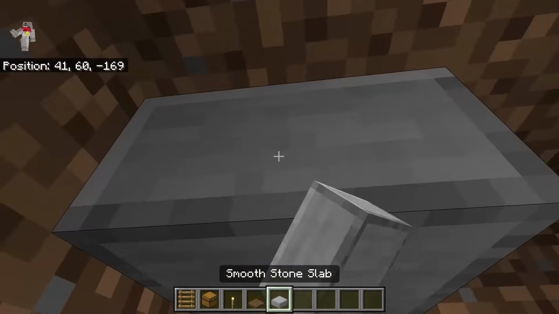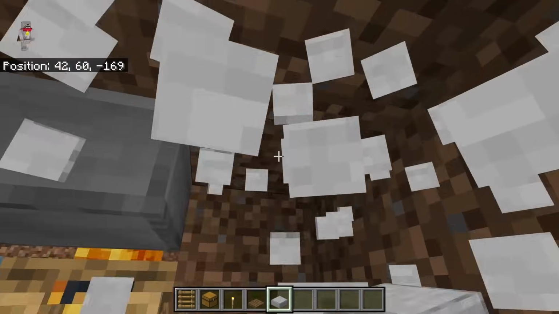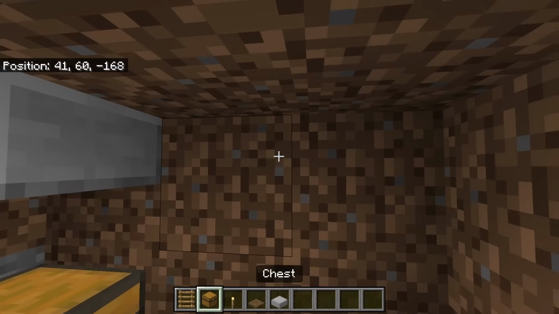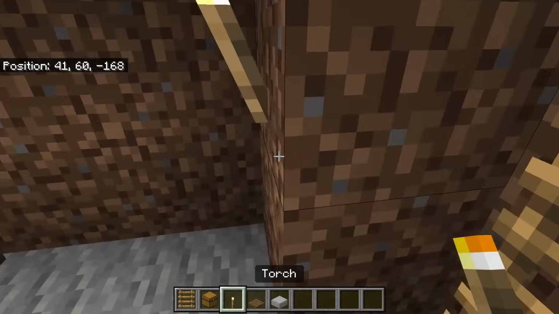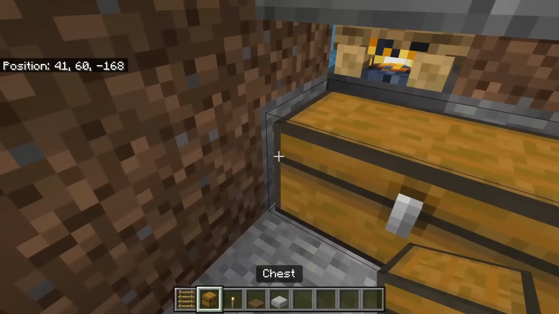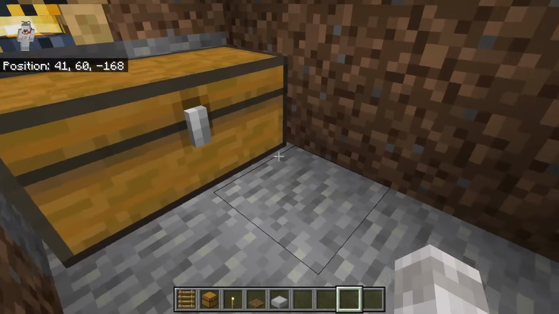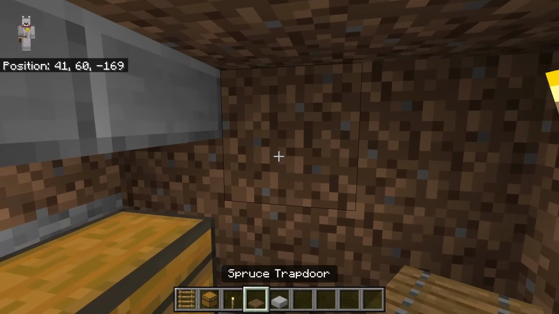I also placed a stone slab here personally, and you can place one here as well, just to decorate it a little bit and make it just look a little bit nicer. And also get yourself a torch to be able to light up this area so mobs won't spawn. Make sure you have not made this collection area more than 2 blocks tall, otherwise this won't work. So make sure it is only 2 blocks tall,